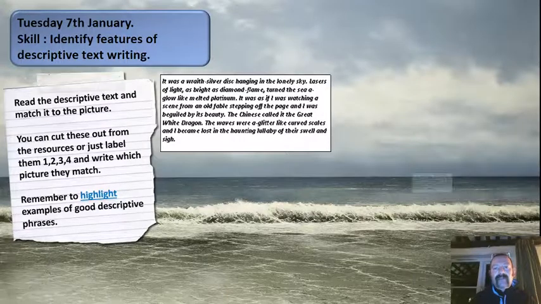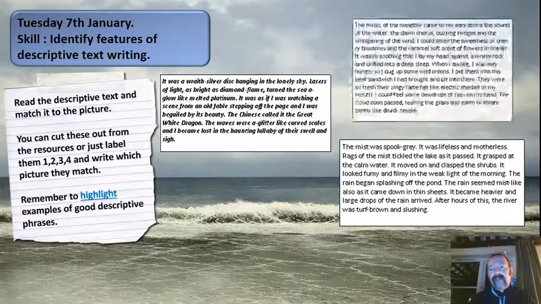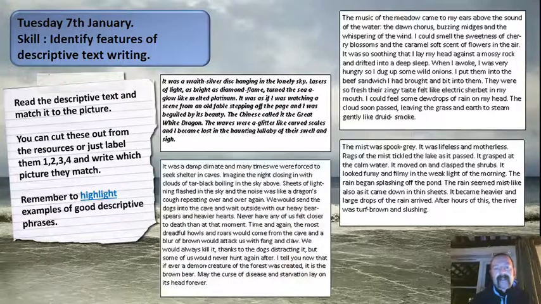You've got 4 examples of text, and what you need to do is to match that text to 4 pictures that I'm going to show you in a minute. So you can either cut these out if you've printed out the PDF file, and stick them and match them to the text.